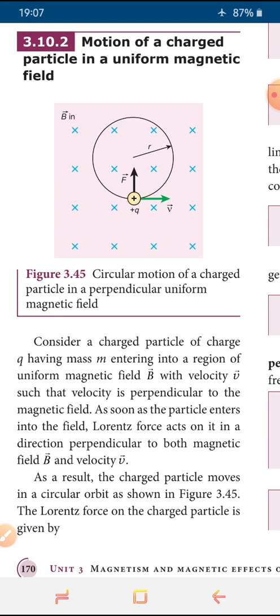As a result of this explanation, we can say this charged particle is moving in a circular orbit. Circular uniform motion means that the particle should possess centripetal